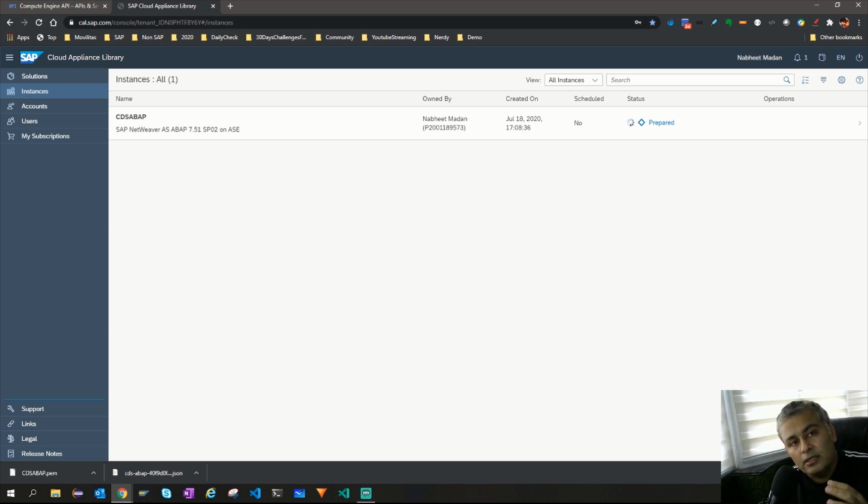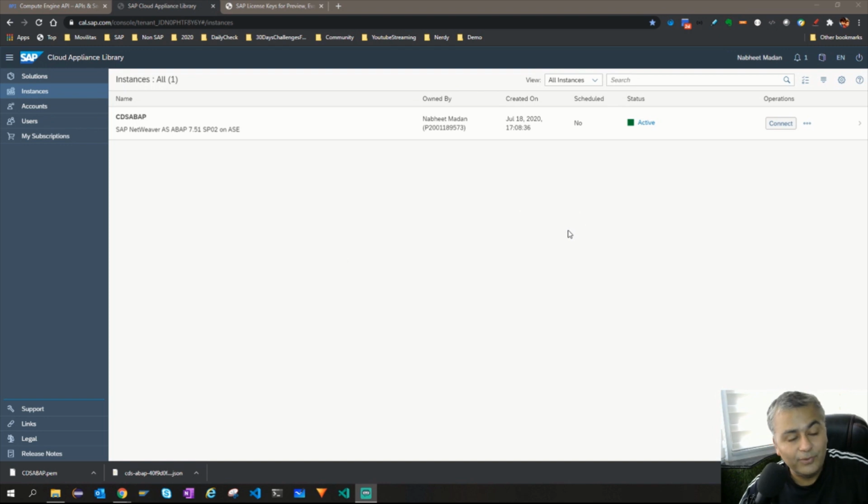And then we enabled the APIs, because this Cloud Appliance Library will call those APIs of Compute Engine API and Resource Manager API and use that service account to create that VM instance. So it will take around 30 minutes. So sit down and relax, and do not cancel, do not do anything. It will automatically change its status. So let's just wait.